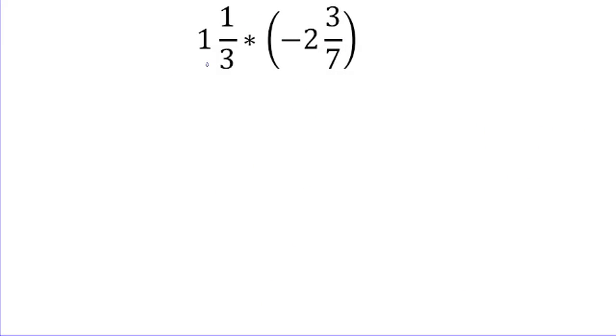The last example has us multiply 1 1/3 times -2 3/7. I'm going to put these into improper fractions, and believe it or not, you don't actually have to put them into improper fractions, but it tends to be a little bit easier. So I'm going to combine 1 and 1/3: 3 times 1 is 3, plus 1 is 4, so this becomes 4/3, times -2 3/7. Remember, even though this is negative, we convert it into an improper fraction the exact same way. 7 times 2 is 14, plus 3 is 17. So I get 17 over